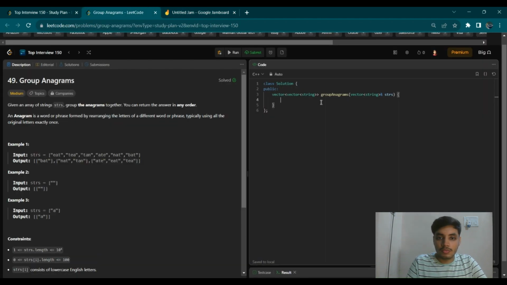So now as discussed, we will take an unordered map, of type string for our key and vector of string for our value, and let's name it m. Now again, we need to return our answer as a vector of vector of string, so we will declare a variable and write it as answer. Now we will run a for loop over our given strs array of strings. So we'll write auto t in strs,